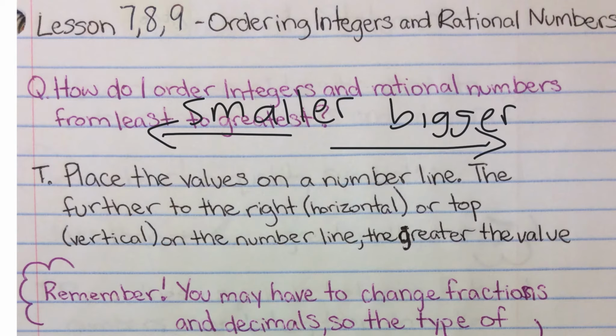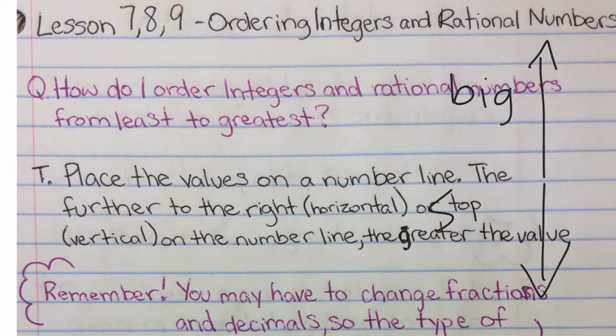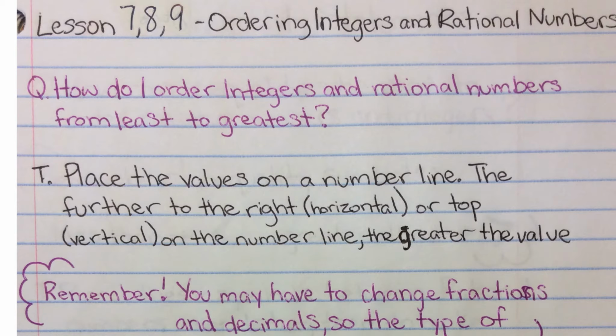That's on a horizontal number line. Now, if we wanted to do a vertical number line, then obviously the further up it is, it's bigger, and the further down, it's smaller. Okay, that seems kind of self-explanatory, but it's worth mentioning because these rational numbers can get tricky,